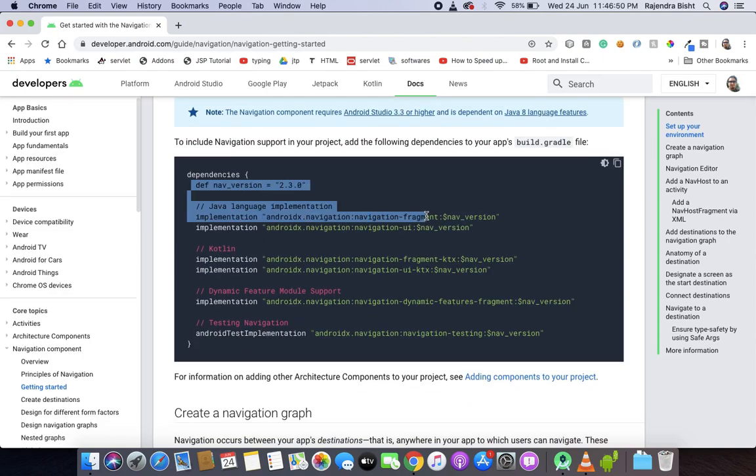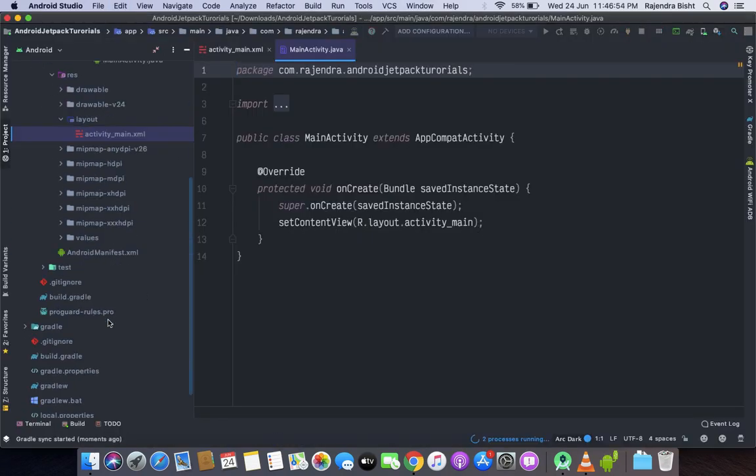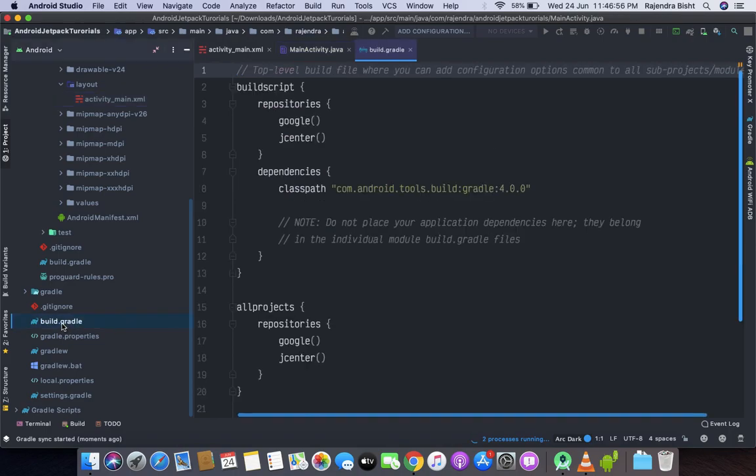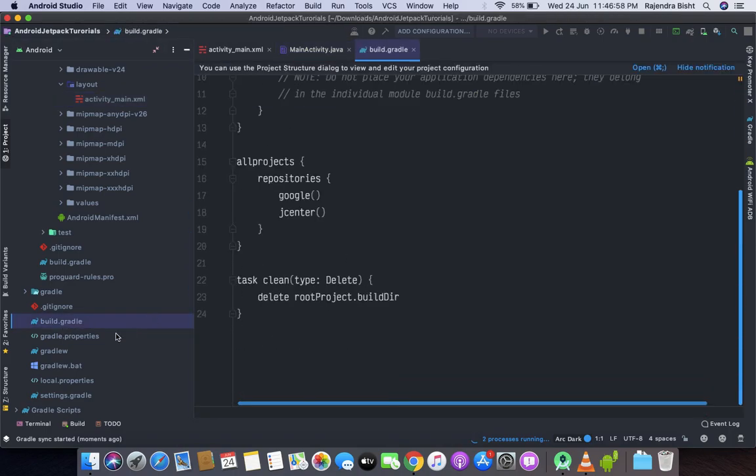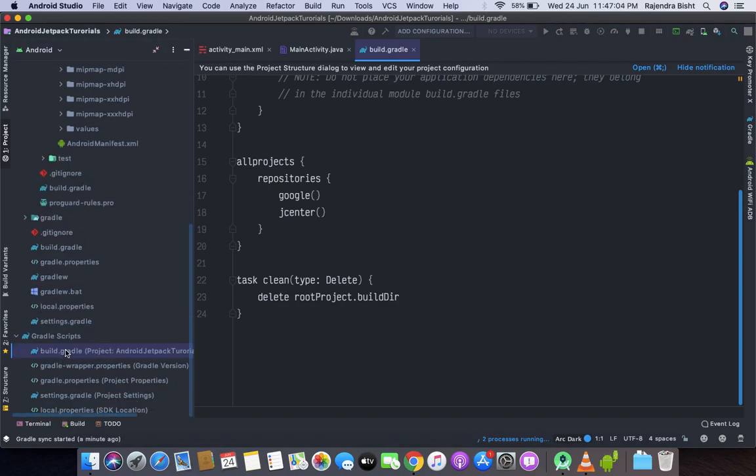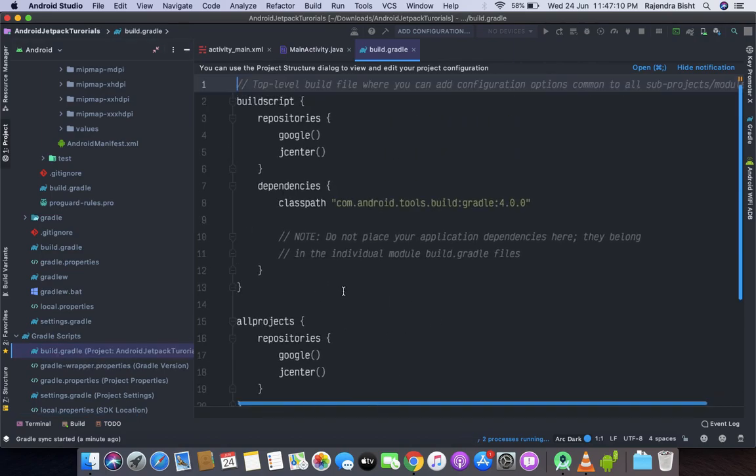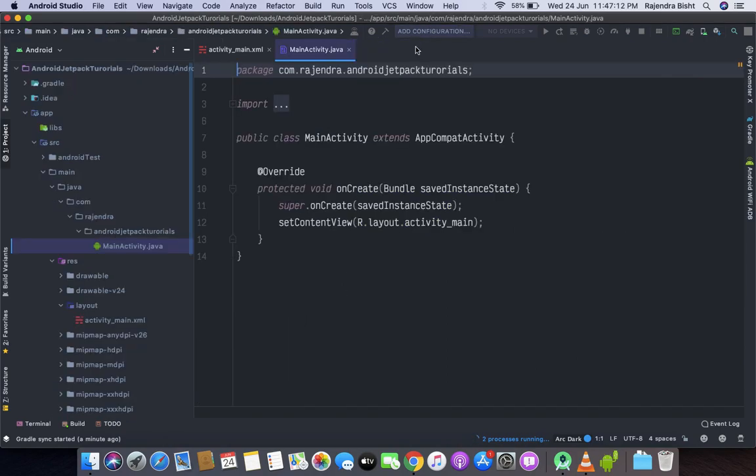Let's copy the Java dependency and go to the Gradle file, and here I will add the dependencies for the navigation component and sync.